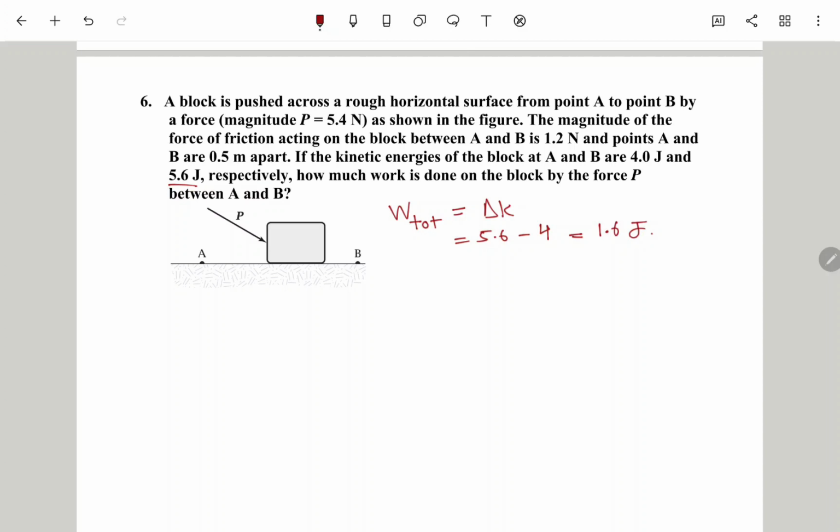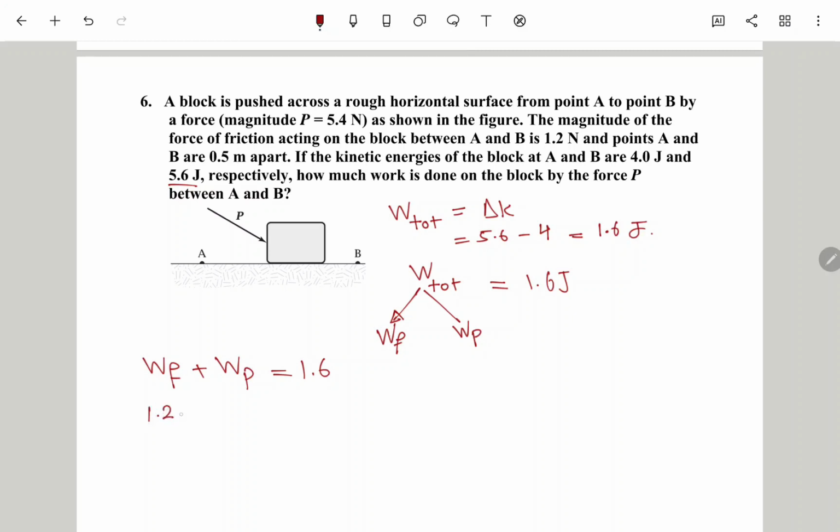Now, this total work actually has work from friction and work from the external force, in this case P, and this total work is equal to 1.6 joules. So work from friction plus work from force P equals 1.6, where work from friction, with the frictional force equal to